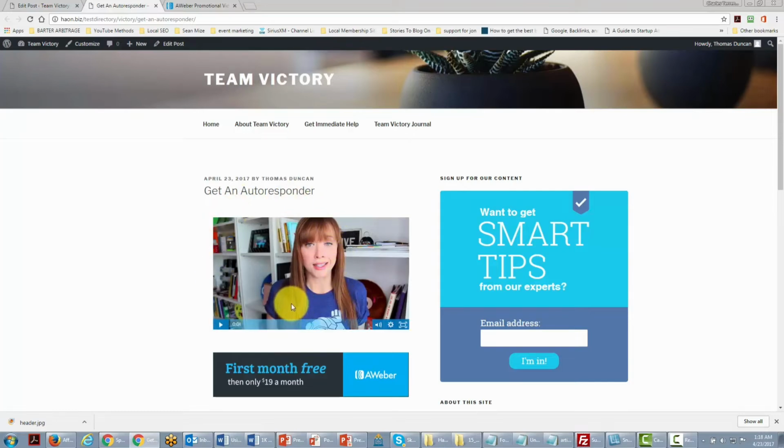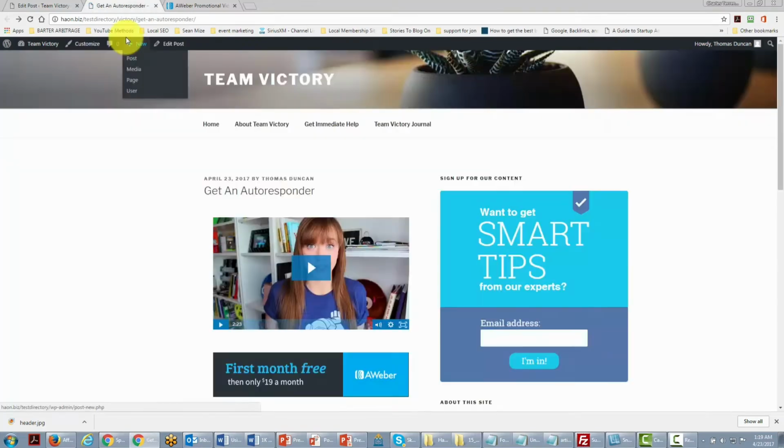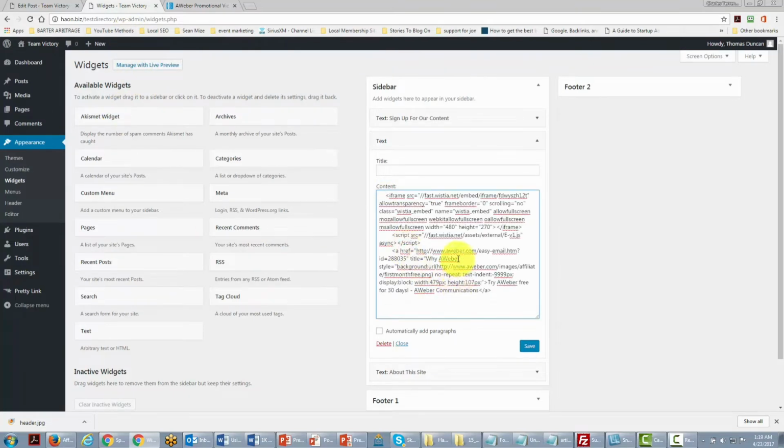Now, one of the other things that we can do is the very same thing that we did with our autoresponder code: we can put code in our widgets so that it will appear on all of our pages. In order to do that, all we need to do is go back to this area and find our widgets. Then we can take another text box, and in that text box, all we've got to do is put our code in this area again. We'll click Save, Close,